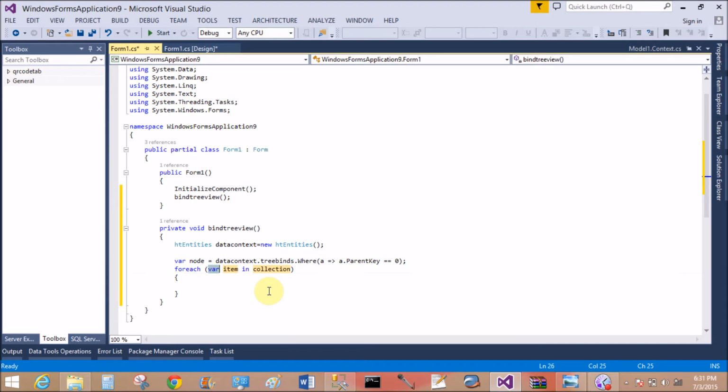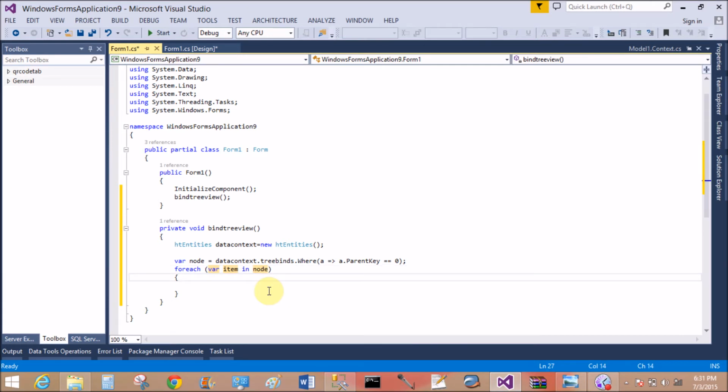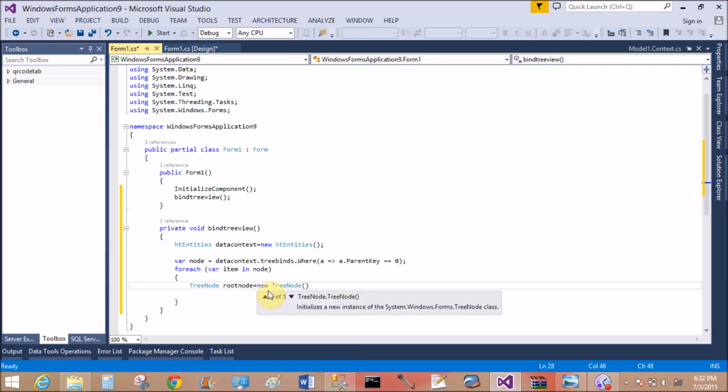So get the data where the parent key is 0. For each variable item in collection, collection is a node, okay. Now bind the tree view, that is the tree node root node equals to new tree node,